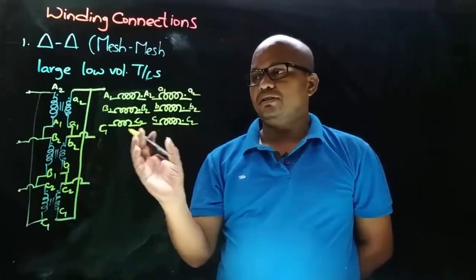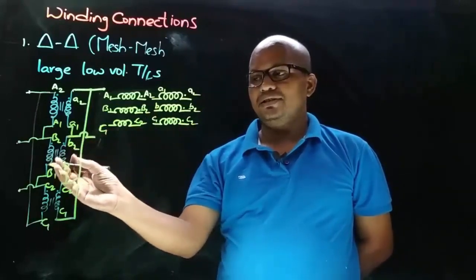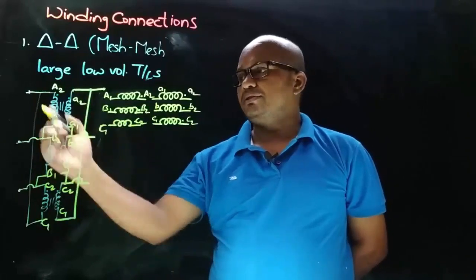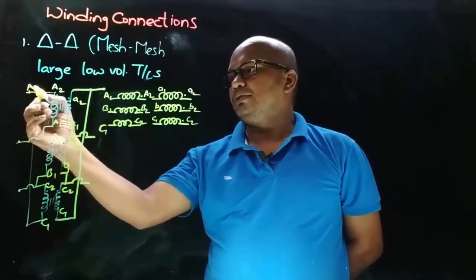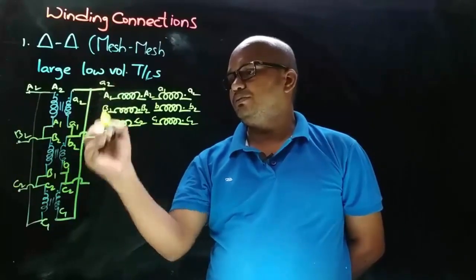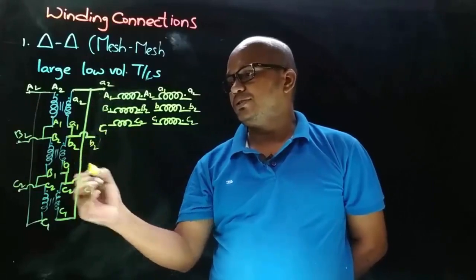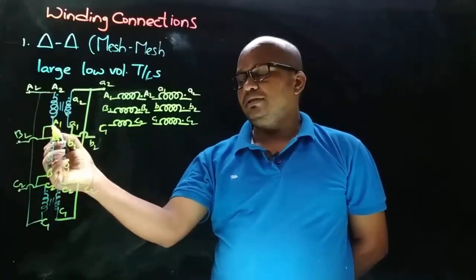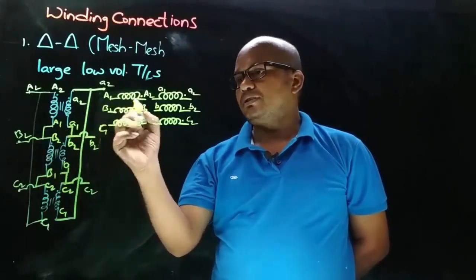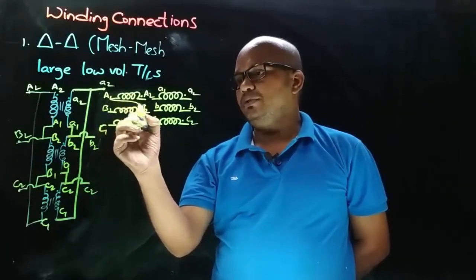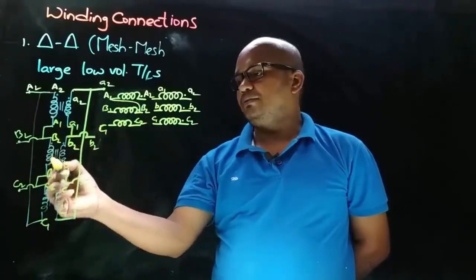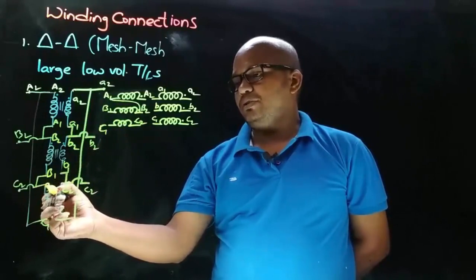So to understand the phasor diagram, we are arranging these connections in horizontal fashion. So now observe these connections. Okay, here this is A2, B2 and C2, and this is small a2, small b2 and small c2. On primary side, this capital A1 is connected to capital B2. Okay, so capital A1 is connected to capital B2 on HV side, and similarly capital B1 is connected to capital C2.